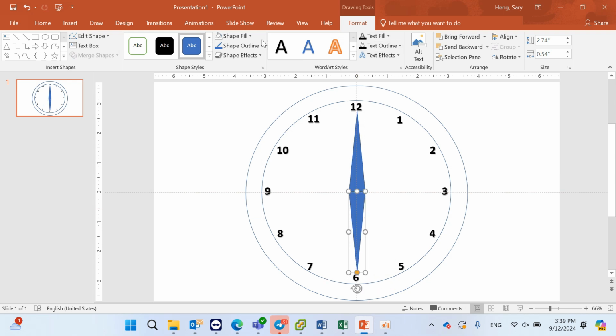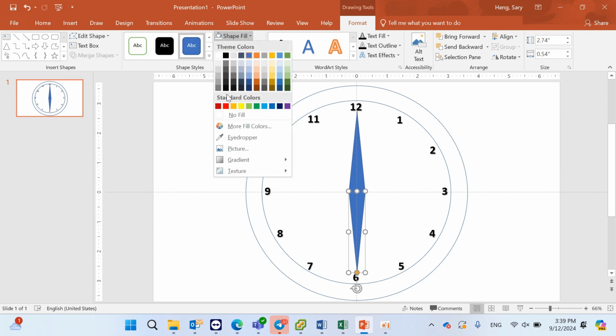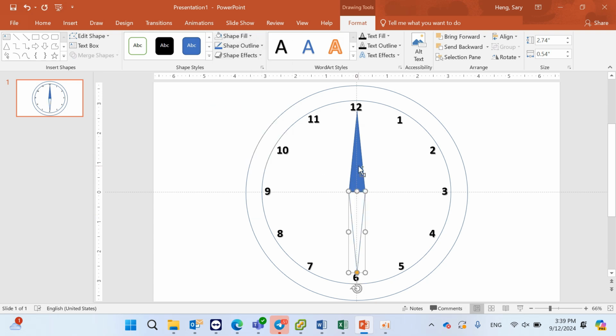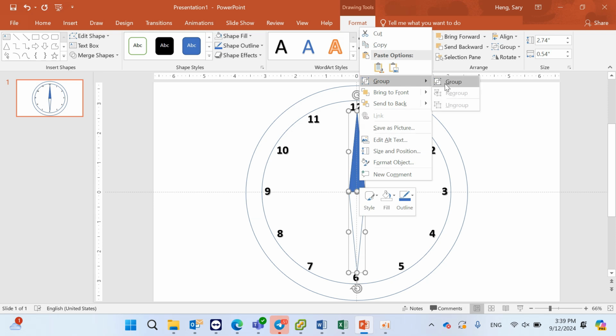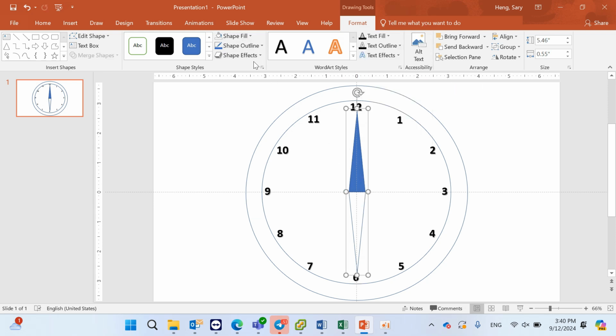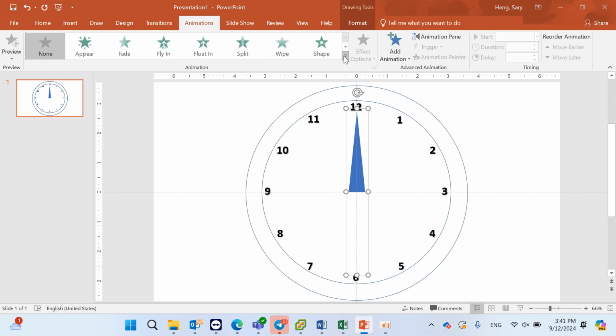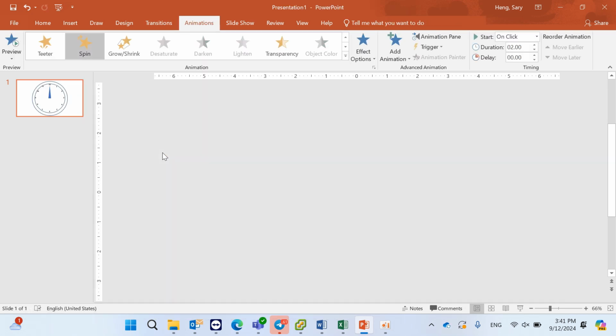and for this one I will say no fill, and then I select both objects and right click and group it, and then I say no shape outline because I don't want it to show up in this one, and then I will go to animation, and the animation is a spin, yes, spin animation,